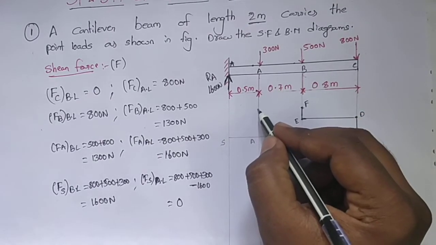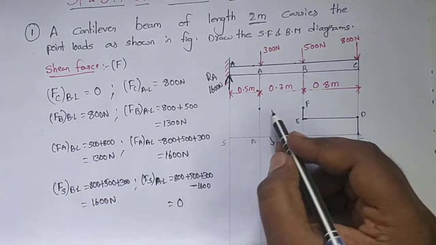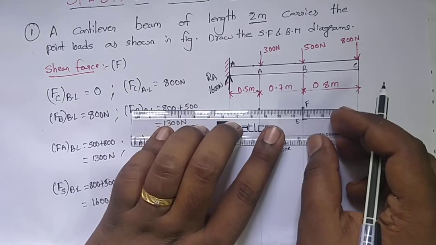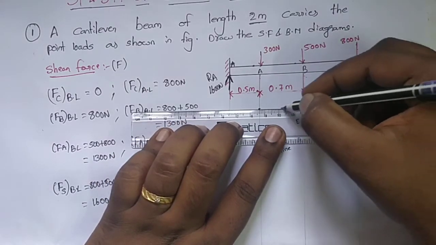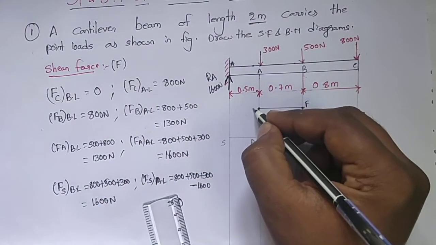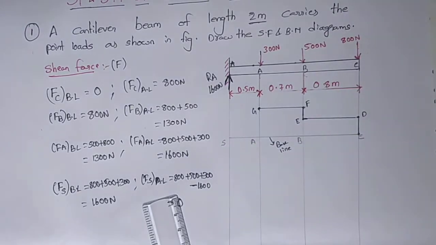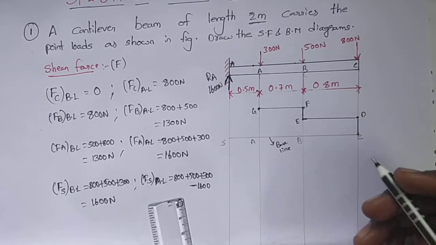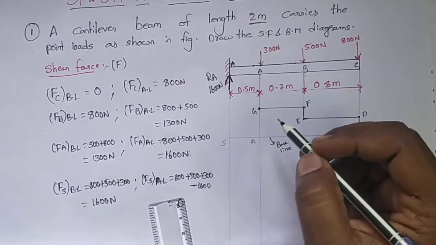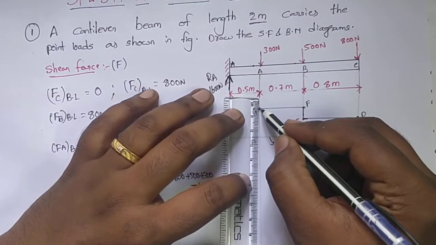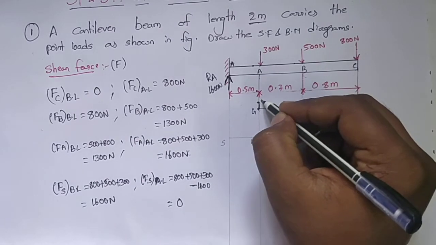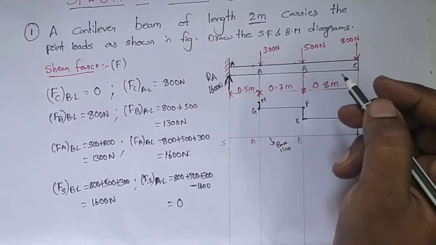Here at point A before load is 1300 newtons, so this point and this point have the same load, so we will get a horizontal line. It is G. I'm taking the point G. Next, shear force at point G after load is 1600. Here it increases by 300 load. Therefore, total at point H is 1600.